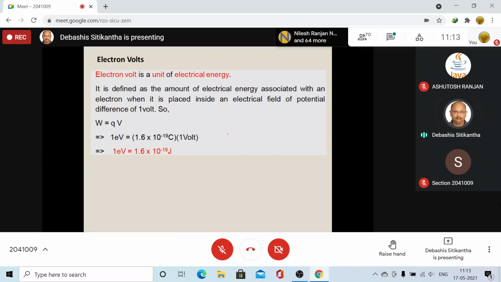Okay. So now, what is this electron volt? Similar to the watt, joule, calorie, var, and volt ampere, the electron volt is also a unit of electrical energy. Particularly, the electron volt is utilized when we are dealing with electromagnetic waves, or rather with instruments where we make use of electrons, protons, or neutrons to do the work.